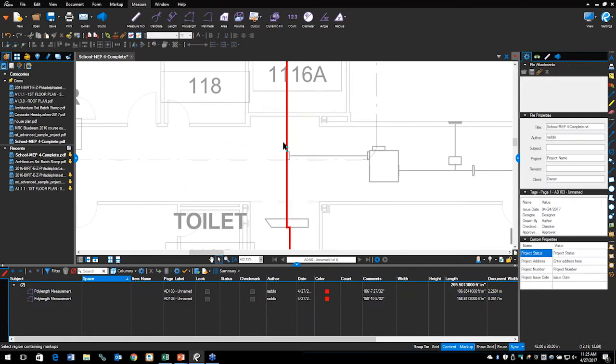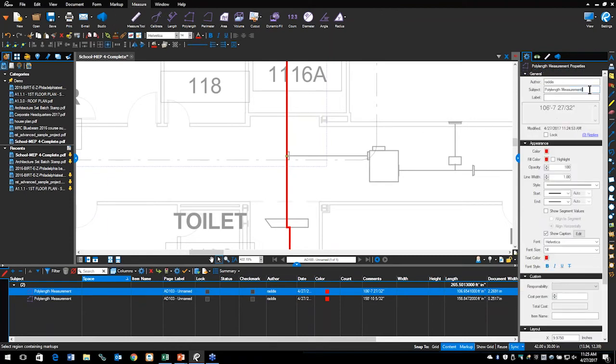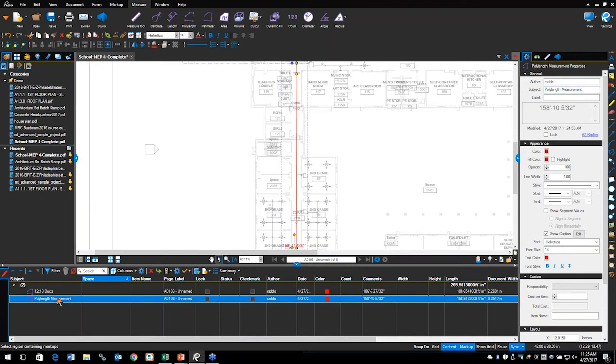To clarify even further, I'm going to click on the top, and in the properties, I'm going to change it from poly length to calling it, let's say, a 12 by 10 duct. And you'll notice when I do that, it changes in the markup list as well. I can also do it in the markup list down here at the bottom left. I could double click on there and call that 10 by 8